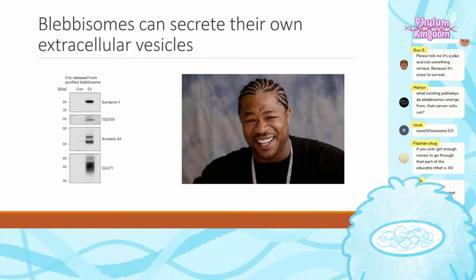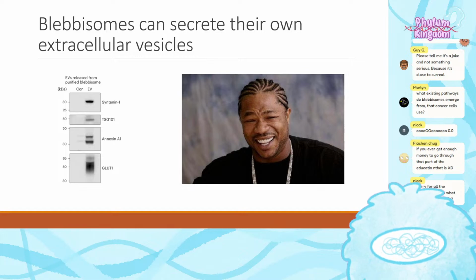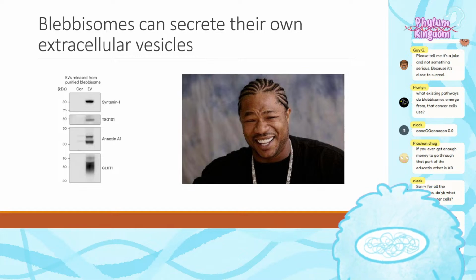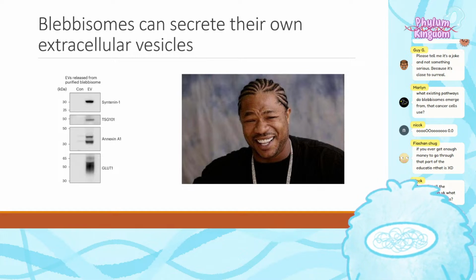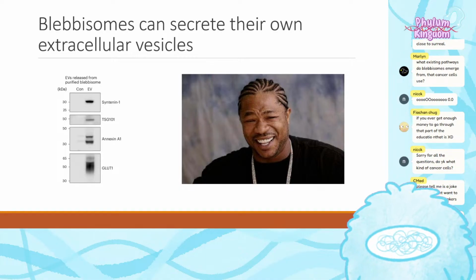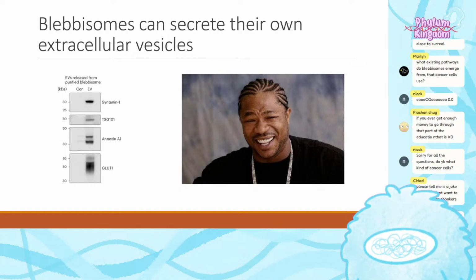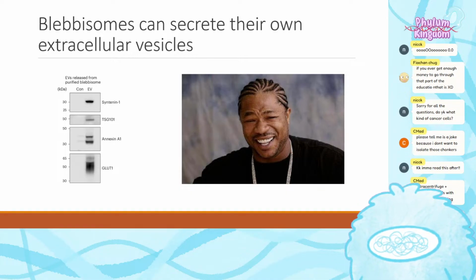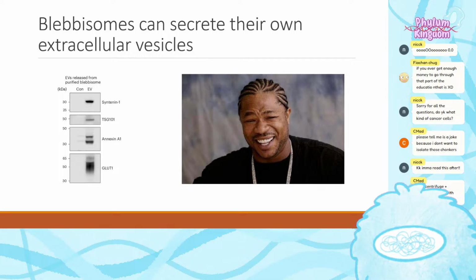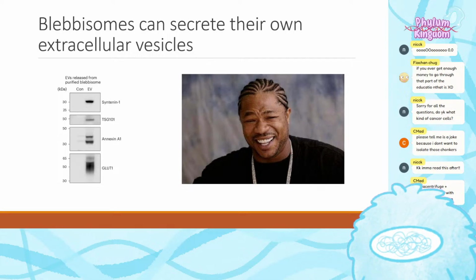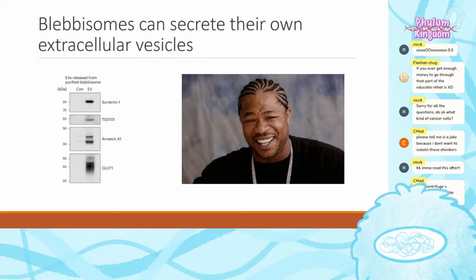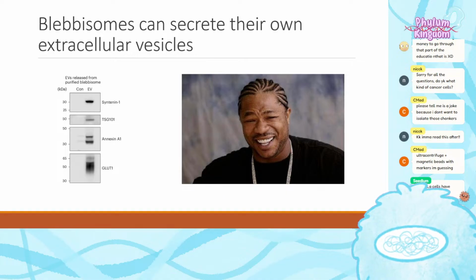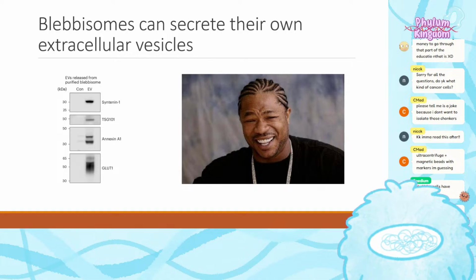What existing pathways do blebosomes emerge from that cancer cells use? Don't know. Papers from 2025, baby. Brand new stuff. This is just a descriptive paper, just showing what the properties of the blebosome are. Of course, I would love to know how the cancer cell actually forms this, but again, that's why this is so exciting, right? This is so new that these very fundamental questions are so new that even non-biologists, chat being 50% biologists and 50% non-biologists, can ask them and have it be a legitimate research project, right? It's very, very interesting.